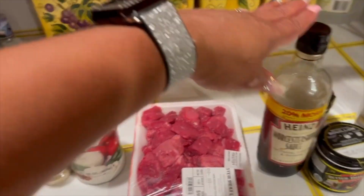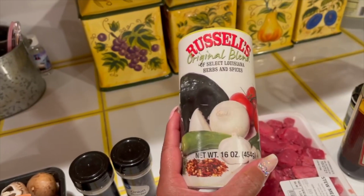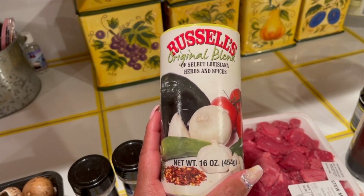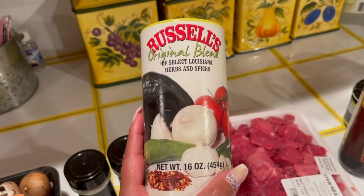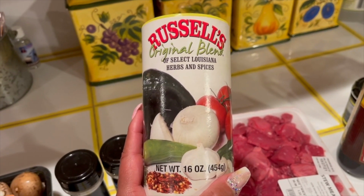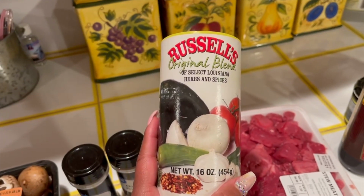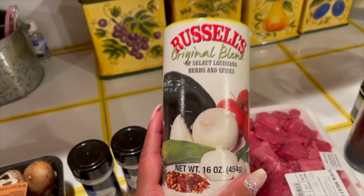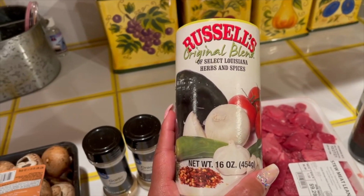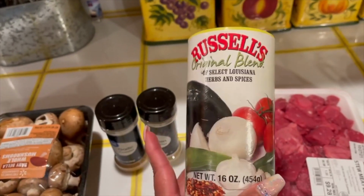And you put Worcestershire sauce. The star of this dish, in my opinion, is Russell's Original Blend. I said my stepdad owned a seasoning company, and this is it. Well, my bonus dad. He owned a seasoning company, and this is it. So it is amazing on vegetables, French fries, which potato is a vegetable, but I like mine on fries, on vegetables, and it is the star of this dish to me. I made it with Tony's once before, and it did not taste the same. So this is, to me, a definite